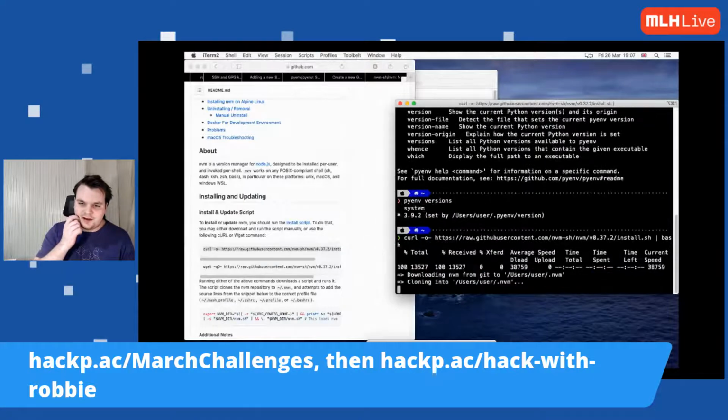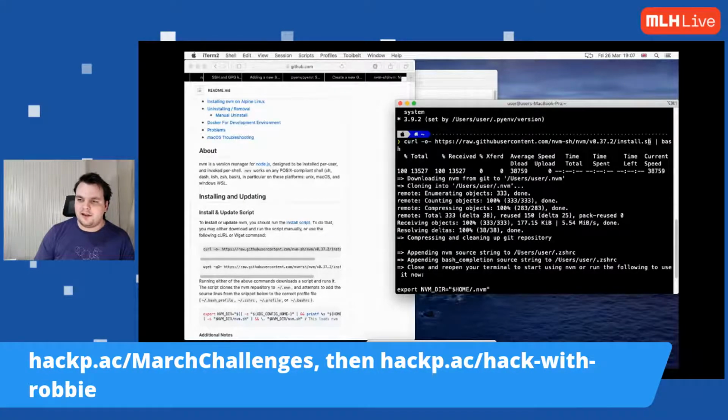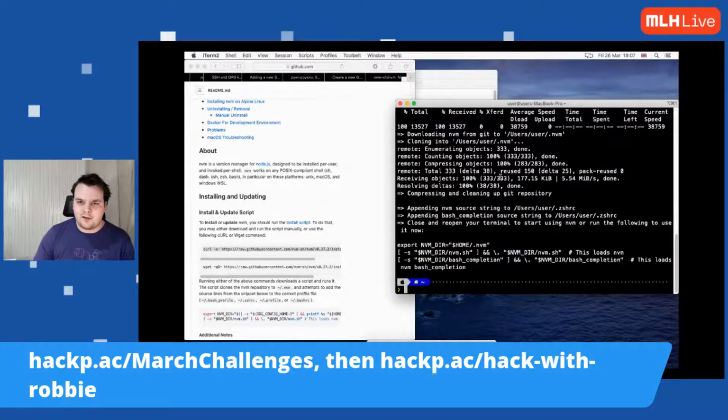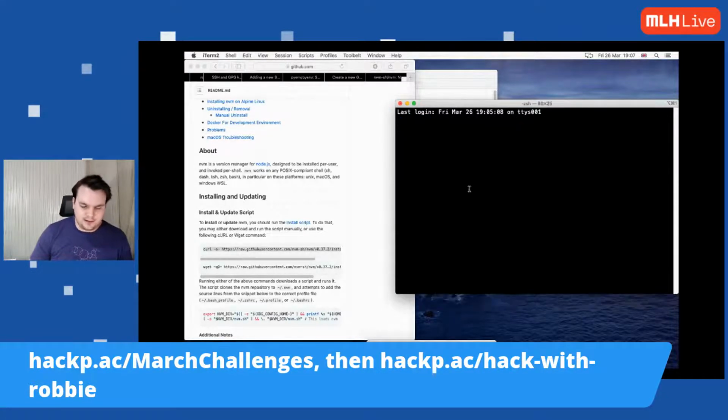And again, you're seeing a pattern here, right? We're using curl to download some kind of script. And in this case, we're just piping it into bash to run that script. So it's installed NVM into this directory. It's saying close and reopen your terminal to start using NVM or run this command. I'm just going to open a new terminal instead. And if I then do nvm --version